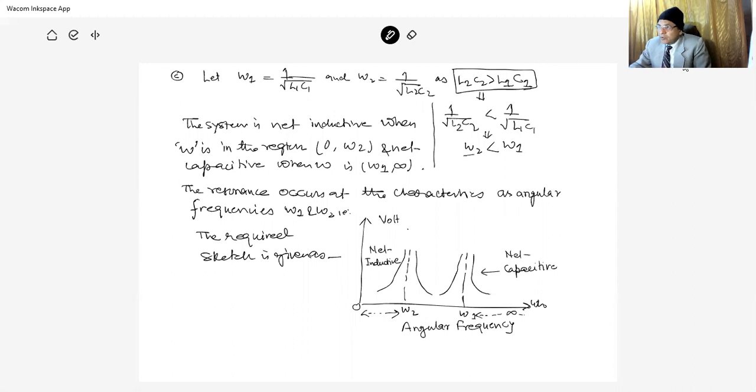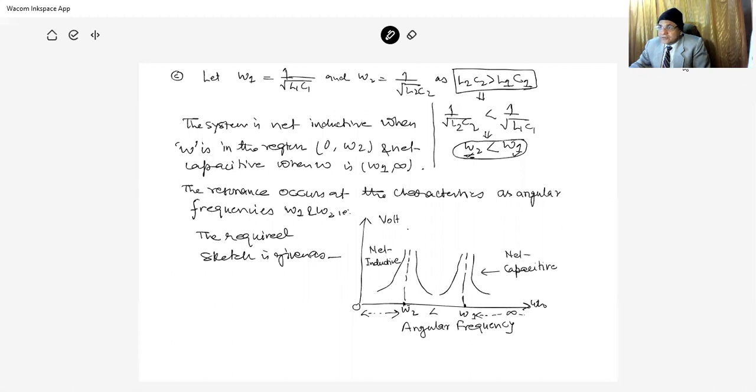So what we find? Omega 2, that is 1 upon under root L2 C2, is less than omega 1, which is equal to 1 upon under root L1 C1. So omega 1 and omega 2 are the two frequencies. Omega 2 is less than